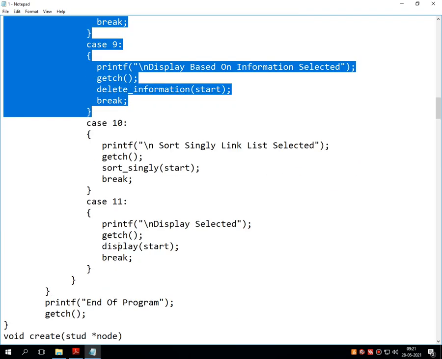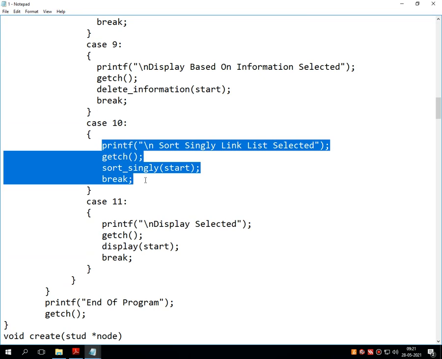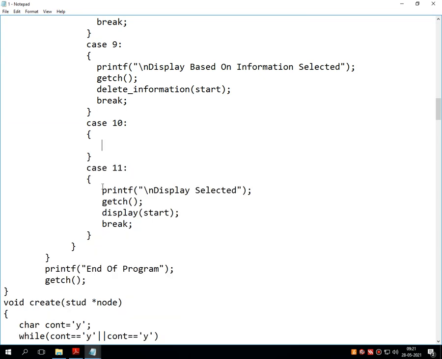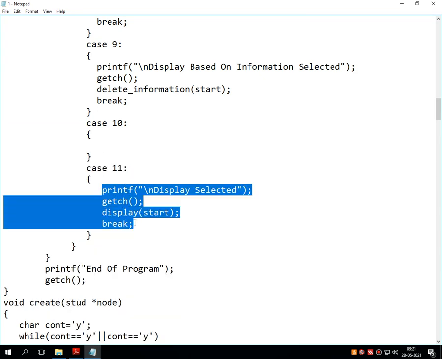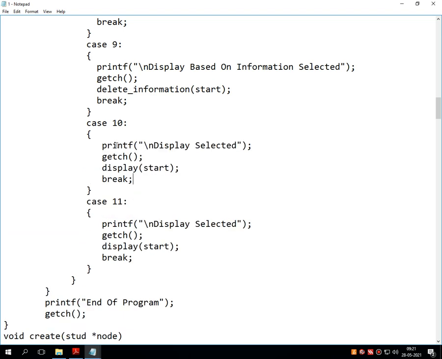Again pause the video. Here I have to make one change. I have to remove this thing, and I have to paste the option of this 11 into the 10.